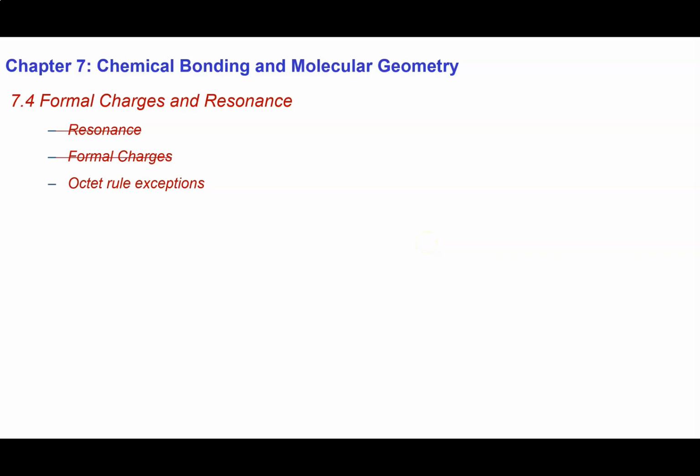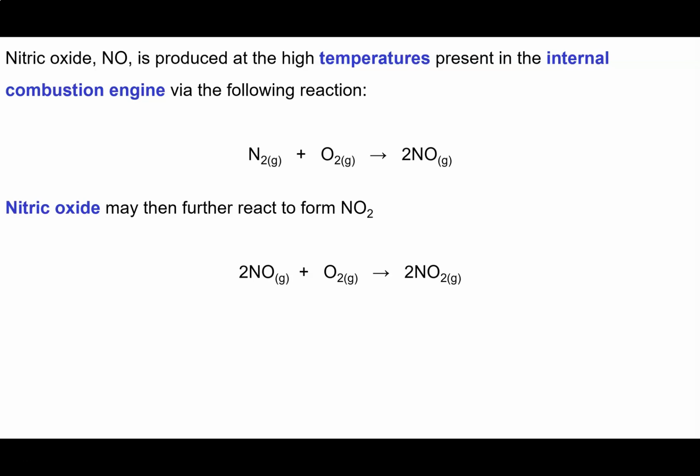In this final video for section 7.4, we're going to be looking at what we call octet rule exceptions, and we're going to be linking that back into the concept of resonance and formal charge. So nitric oxide is often formed in high temperature environments, for example, what you'll find in the engine of your car. And in these kinds of environments, there's enough energy to break the strong triple bond that is present in